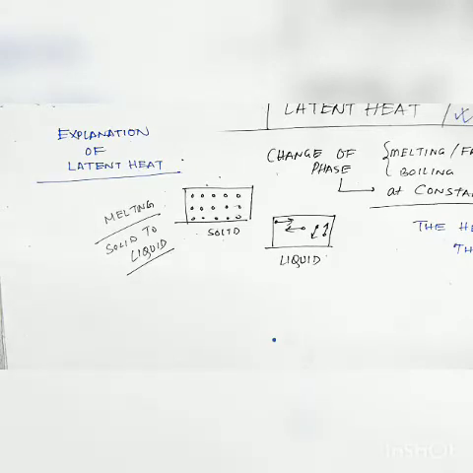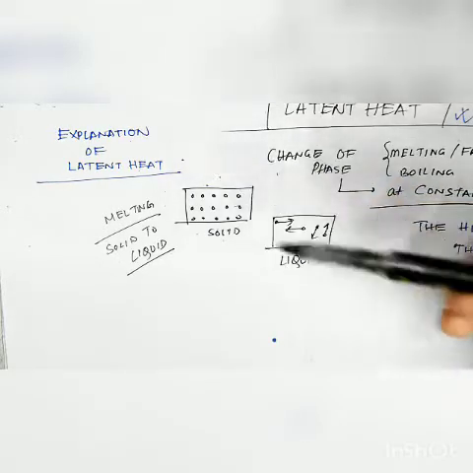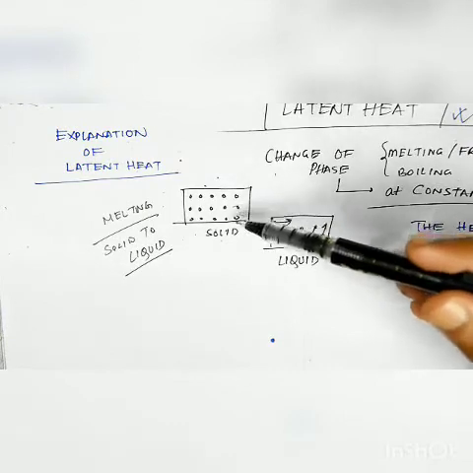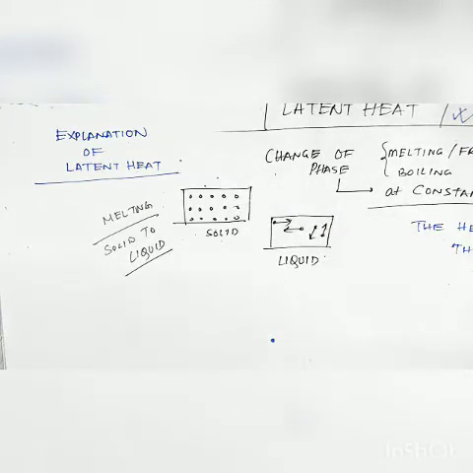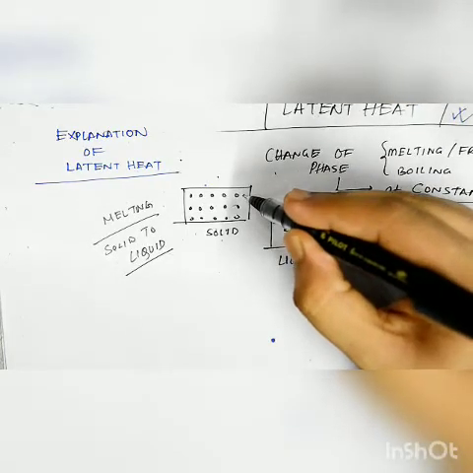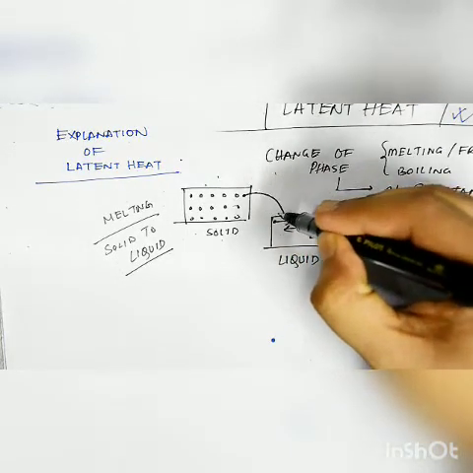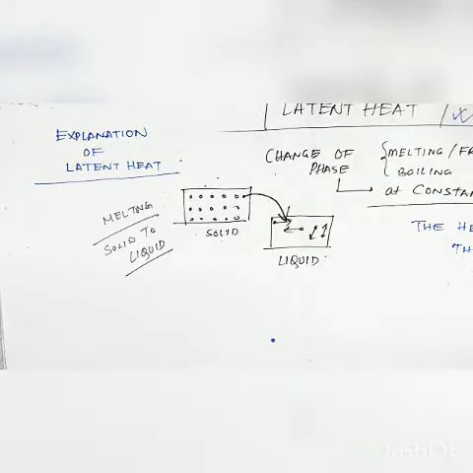Now the question appears: when the solid reaches 0 degrees centigrade in the ice state, and then we keep on heating it until it becomes water, what does this latent heat do? Basically in the solid, the molecules are fixed at their positions. They have their own potential energy, due to which they remain in their position of rest, and they of course vibrate a little bit, but they do not leave their positions. To make this conversion from the solid state of static positions to the motion of the liquid state, this total internal energy is converted.